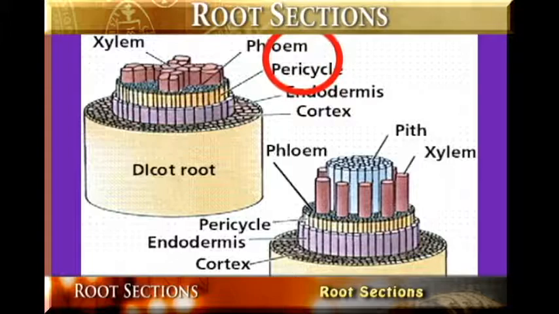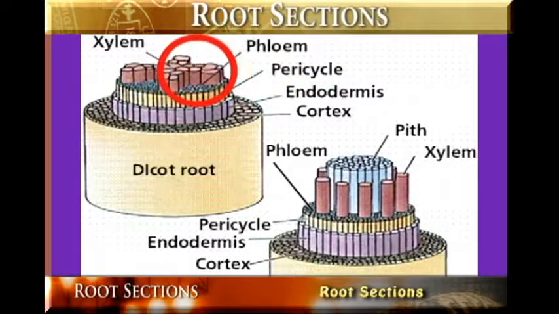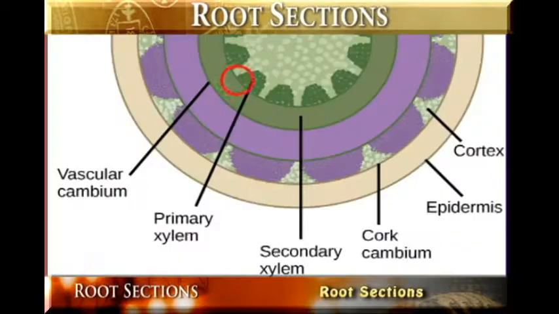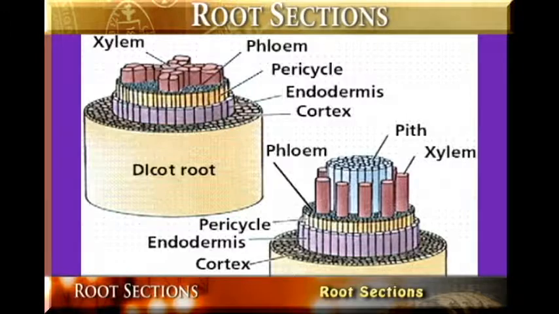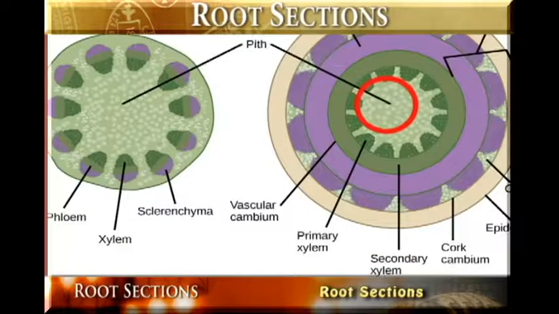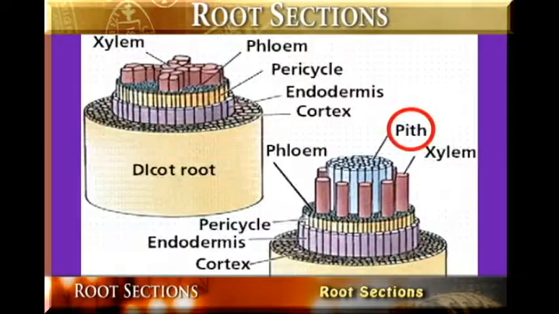We have looked at the vascular system, and we have said that the vascular system is made up of the xylem and the phloem, which are separated by the cambium that continuously divides to form the xylem inside and the phloem outside. Then lastly, we talked about the pith, which is the innermost part of the root, and it's made up of parenchyma cells, and it is responsible for the storage of food and water, and also to provide support to the